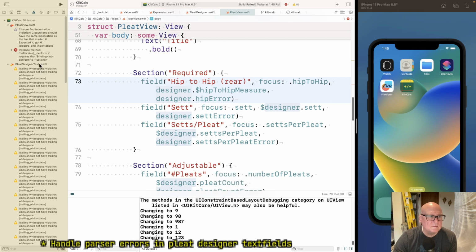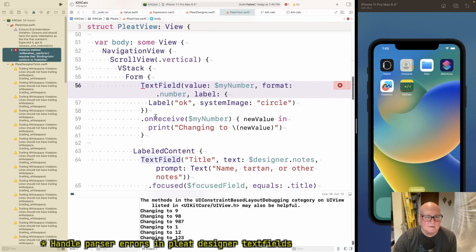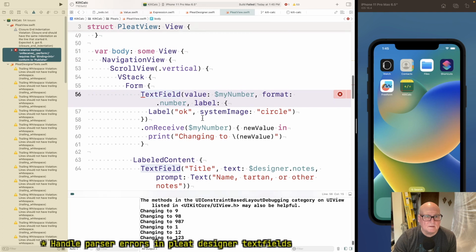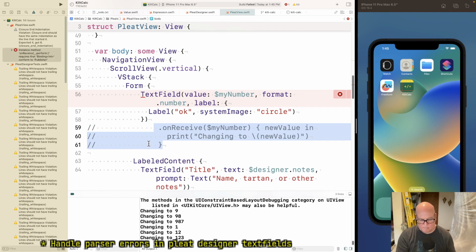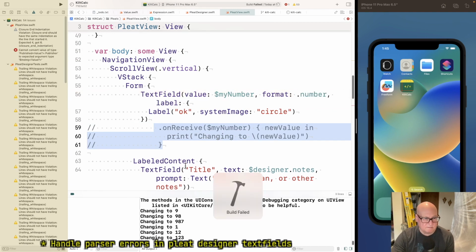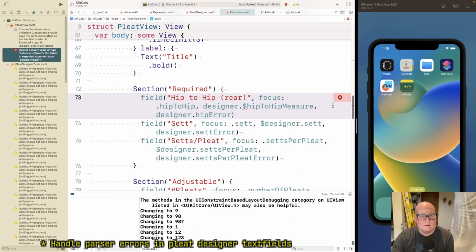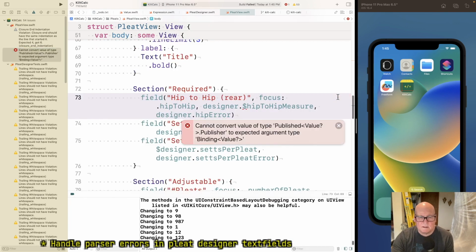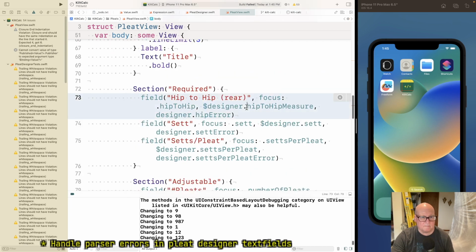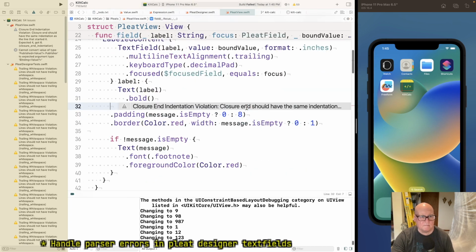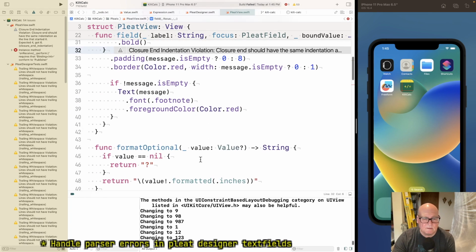No. Oh, maybe. Let's make sure the other is. Can I convert value of published value to expected type binding of value? Oh man. Okay. Well, what do we got?